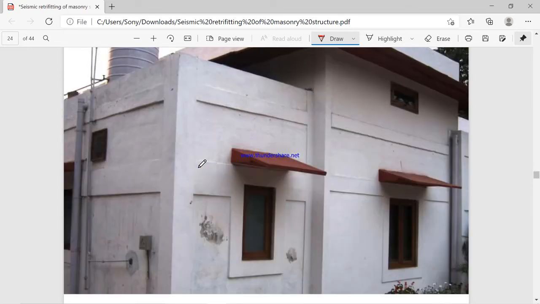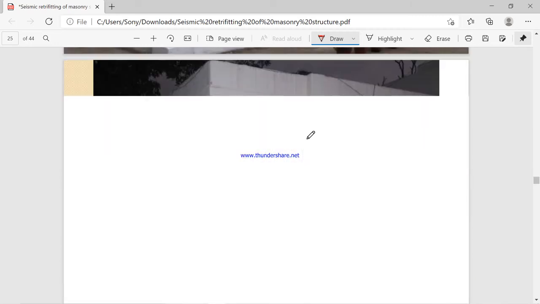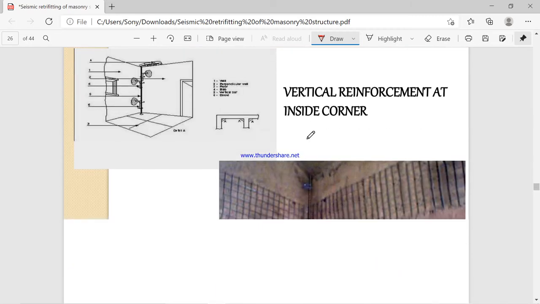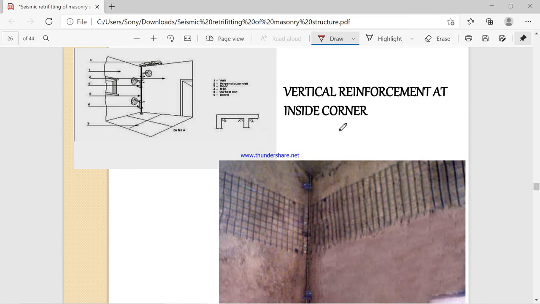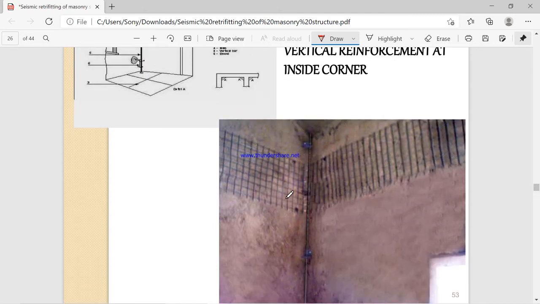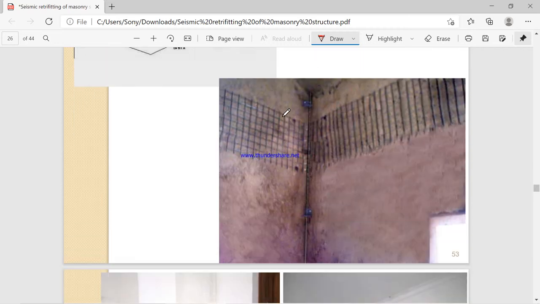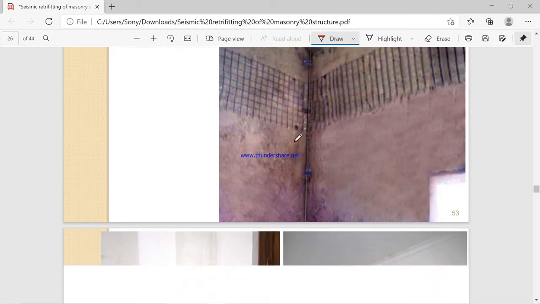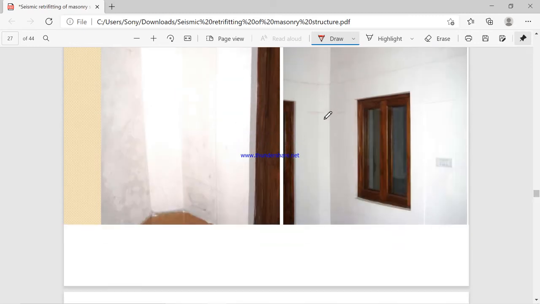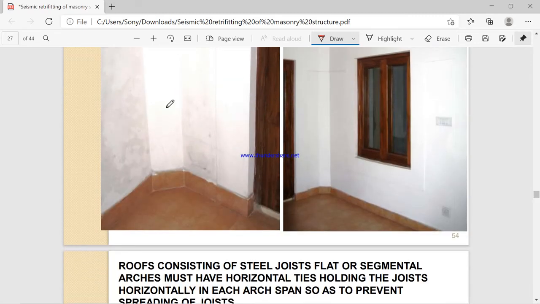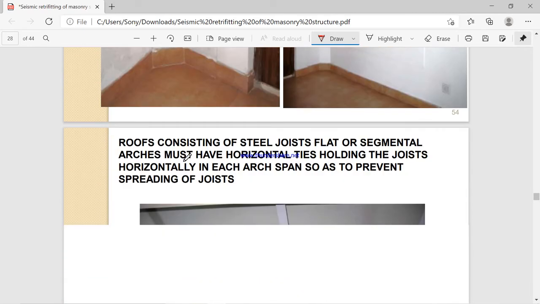The inside corner is also vulnerable to earthquakes, so it can be strengthened by providing an internal reinforcement band like this. At the typical corner junction also it can be provided.